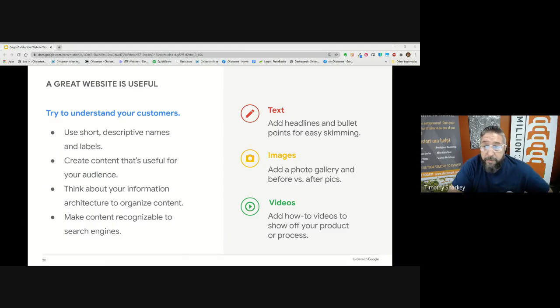What content would support your business goals? Whenever possible, create original, unique content that can set your business apart from the competition. I would say also look at your competition, see what they're doing, see what they're not doing, and see what you're comfortable incorporating with your design and your goals. But making your website more useful is more than adding content to your website. It's about creating value for someone